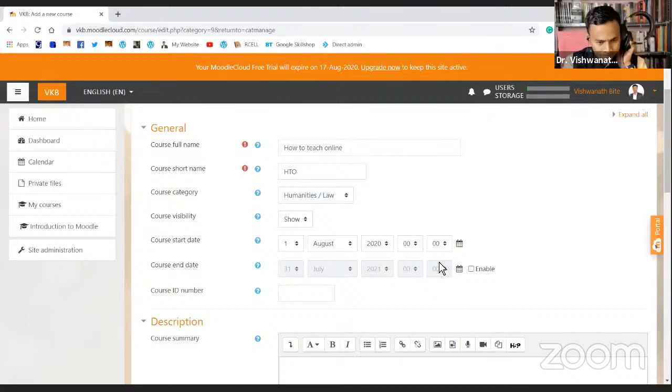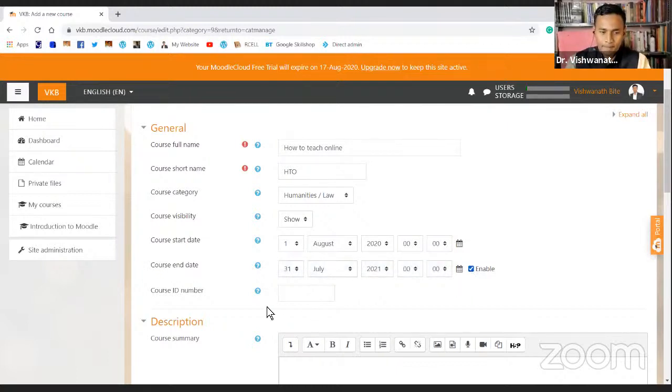And perhaps once you create that course, you don't want to change that course. In such a scenario, you want to leave it as it is. You don't want to end it. But if there are some courses which you are offering for one semester, you can enter here the semester end date.